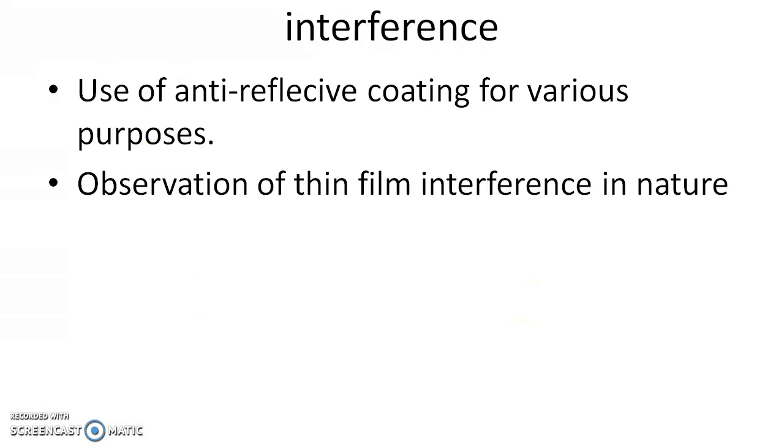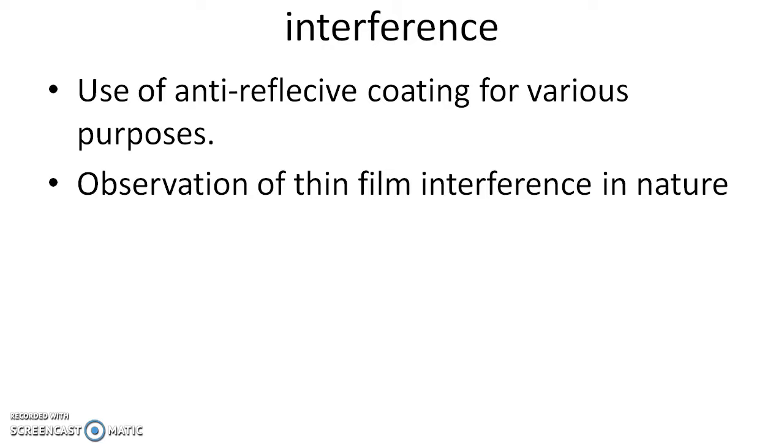Now, a very common question that comes up is the engineering application of interference. Well, this is well applied for getting effective interference. We actually use anti-reflective coatings. These coatings are made such that the reflected light observed is reduced by a large amount,